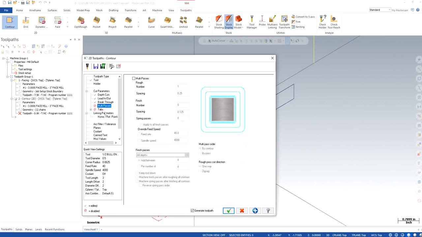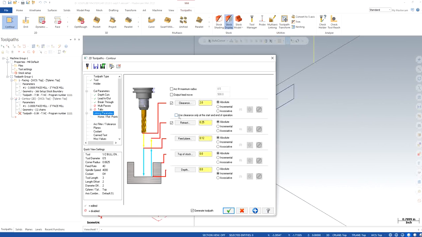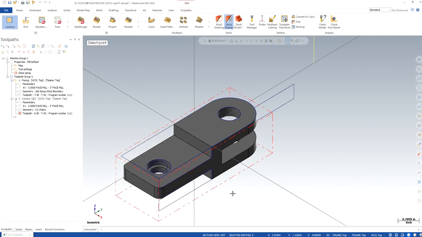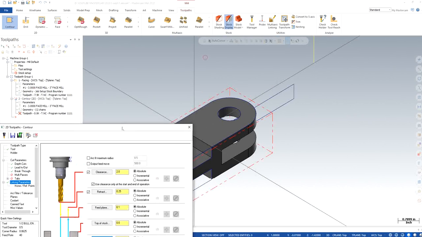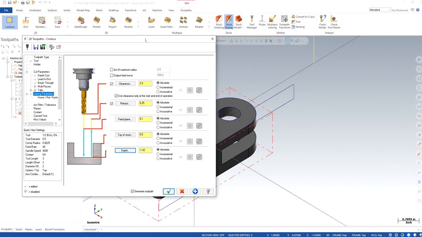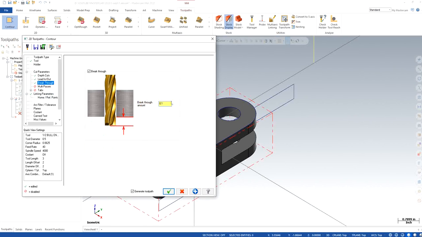Multipass no. Lead in parameter. Linking parameters. All absolute values. Make sure. Feed plane 0.1. Top of stock should be 0. Depth is going to be the entire depth, the very finish. That's it. And also what you can do is you can just be particular about making sure if you want to go all the way out. That's why I added some material. You can add more. You can add quarter,